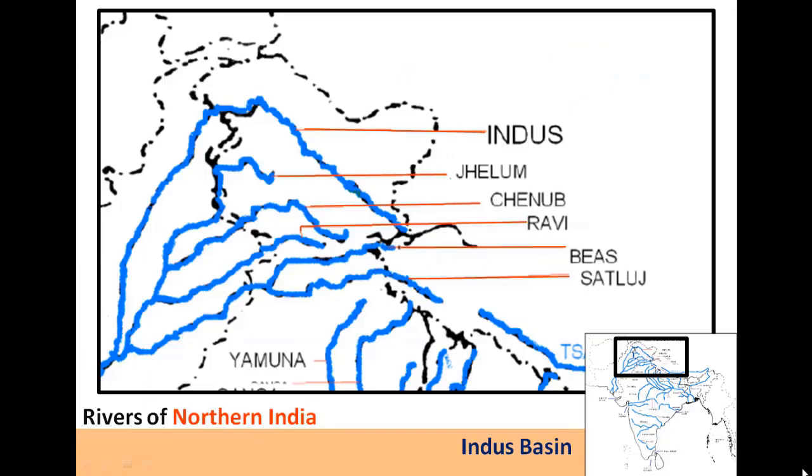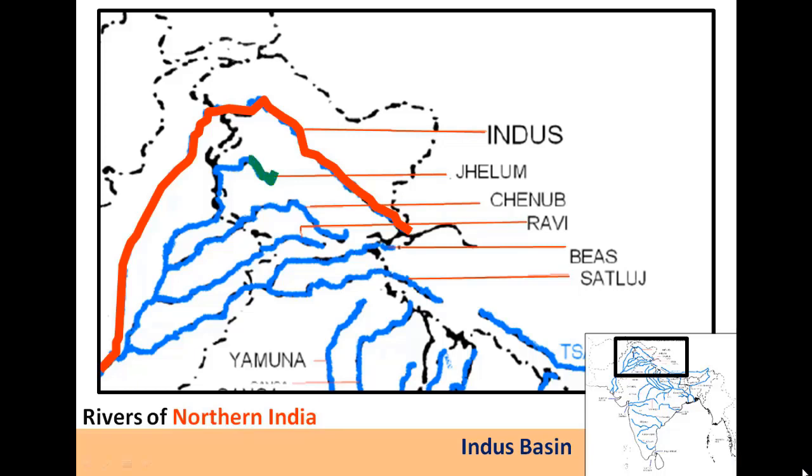Rivers. Let us discuss the rivers of India. India is blessed with many rivers. Rivers are the primary source of natural resources in India. The first group of rivers is the Indus River system. As you can see in the insert image, it originates from Mansarovar Lake, from glaciers of the Kailash range in Tibet. It flows towards the northwest direction of the Trans-Himalayan region and enters into Pakistan.